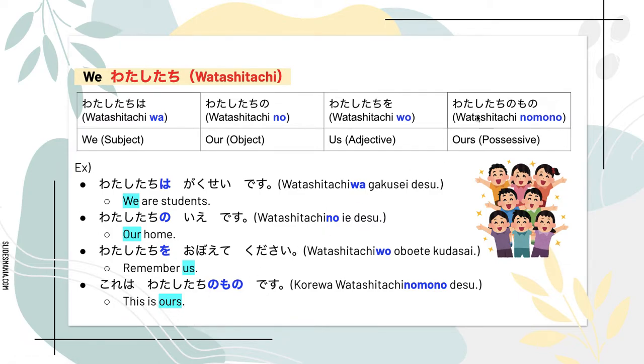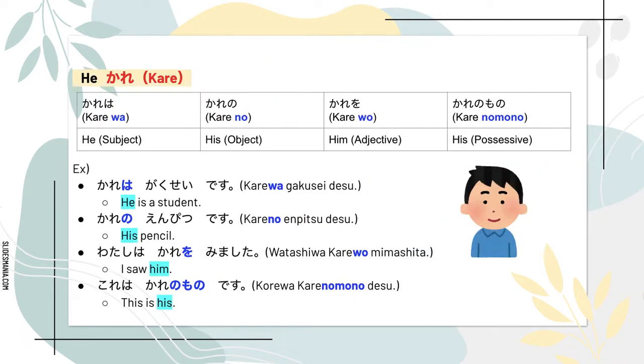Ours in Japanese was 私たちのもの. So the sentence would be これは私たちのものです。